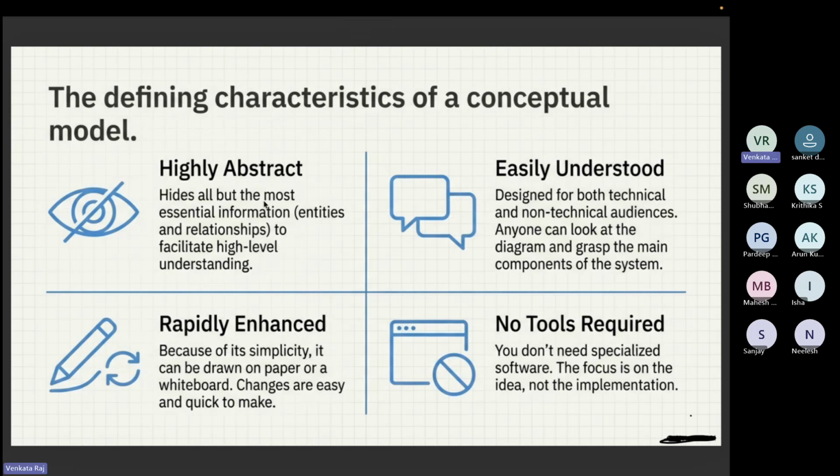These are some of the characteristics of a conceptual model. It should be easily understood, like it should have only table names, and it should not be like you are using some tools or softwares. And it should be built in a way that you can adjust it again. Like let's say after the conversation, you have felt that some of the tables need to be added. You'll still be able to do it because you have just prepared